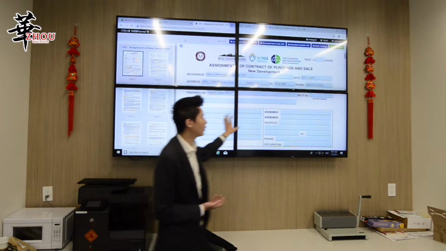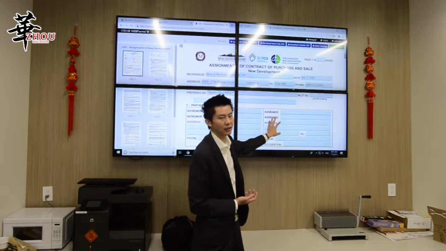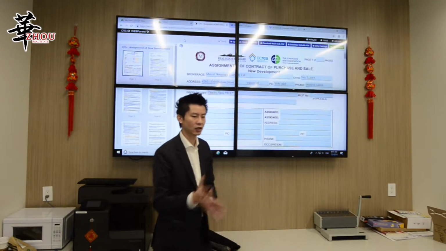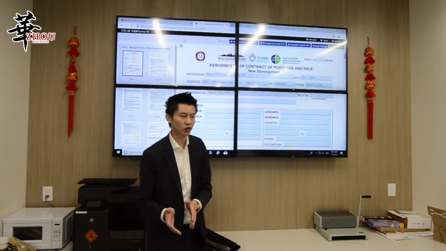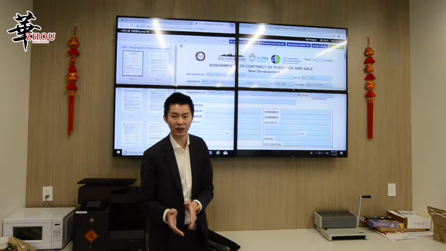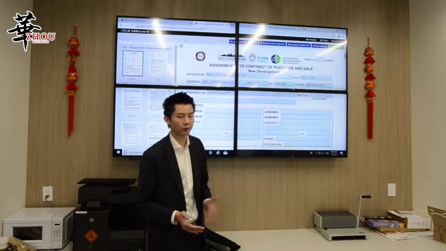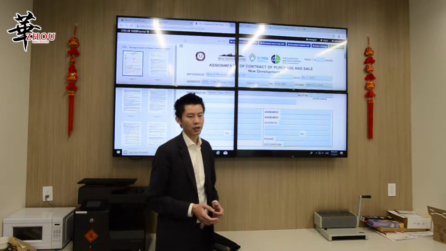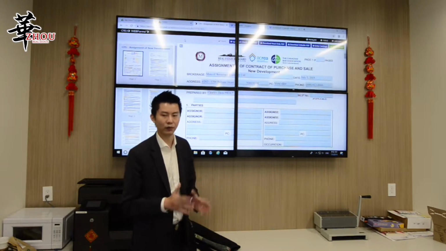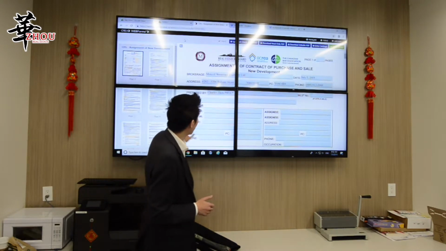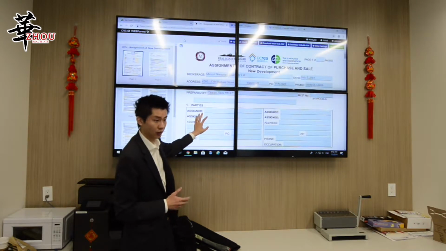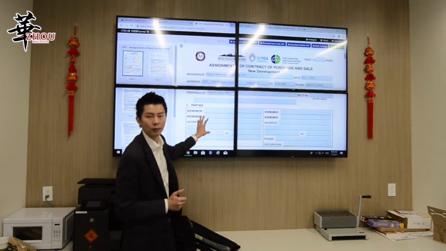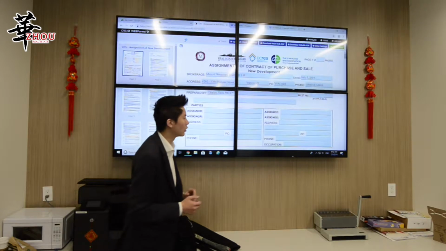A lot of people only know GST for the assignee because when they complete the transaction on the property, there is a new home tax, right? GST on top. That's 5%. It used to be 12% when we had HST. Right now GST is only 5%. So the assignor also has a GST that a lot of people don't know about. I will talk about GST later on during the contract.